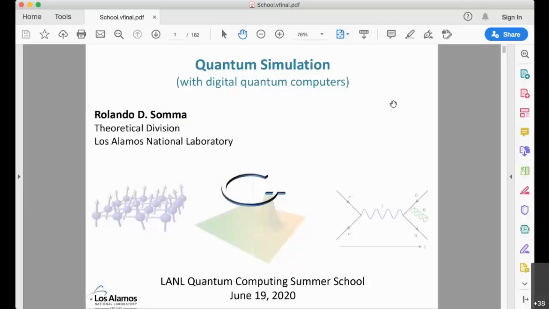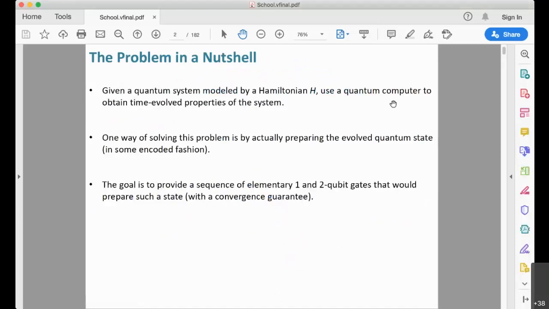been working on for the last few years. And in a nutshell, the problem is the following. We're given a quantum system that is modeled by some Hamiltonian H that will be specified in some way, and we'll talk about this. And the goal is now to use a quantum computer to obtain time-evolved properties of the quantum system. So one way of solving this problem, if not the only way, but one way of doing it,